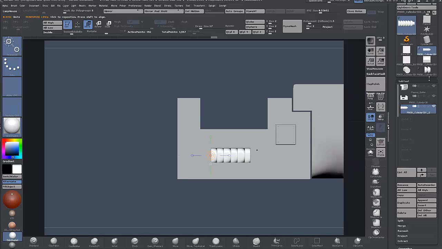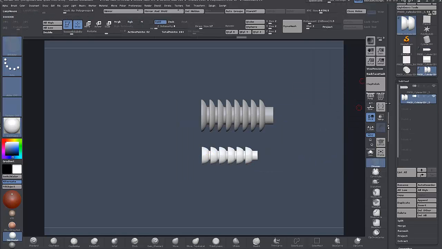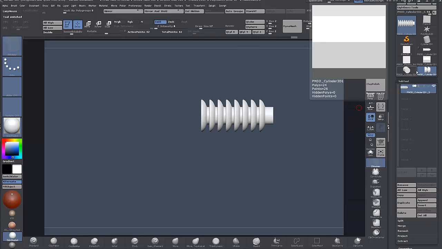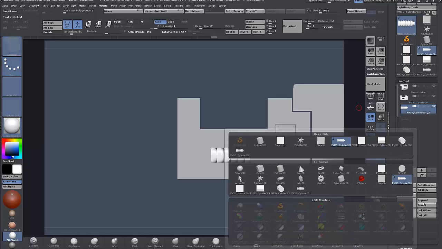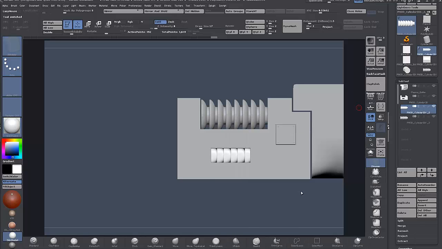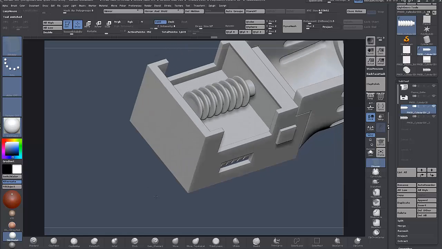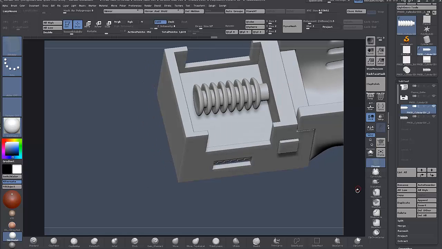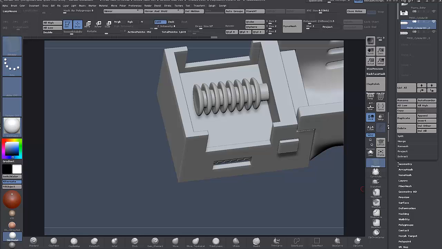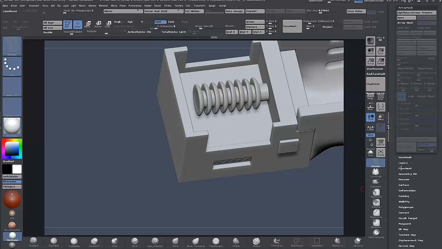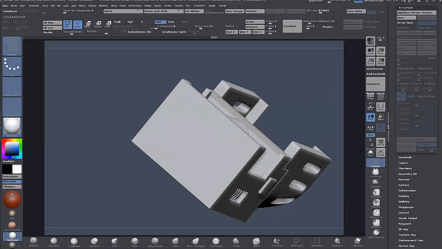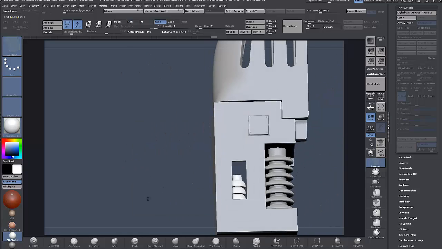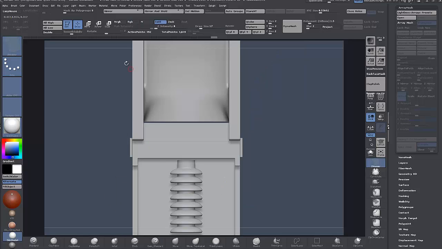Now I'm going to jump back to this, and this bottom one here, I'm just going to delete that now. We don't need that anymore. And back in here again, and we'll append this other one here. Now the ArrayMesh isn't done. Oh yeah, I think I've made a mesh of that already. So we'll do the same thing here. I'm just going to go to move,